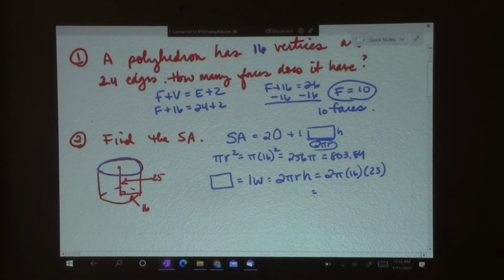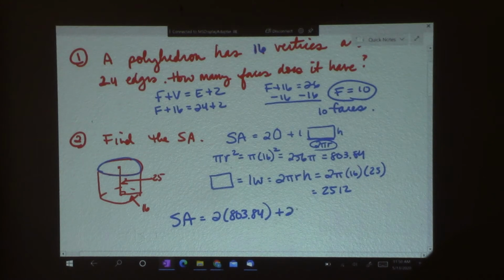So if I multiply those together, 2 times 3.14 times 16 times 25, I get 2,512. All right, so 2 circles would be 2 times 803,